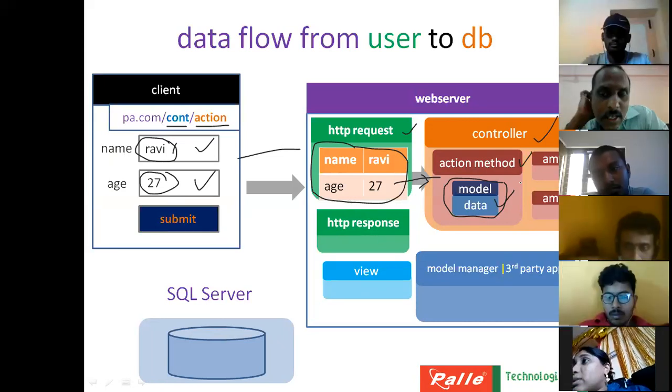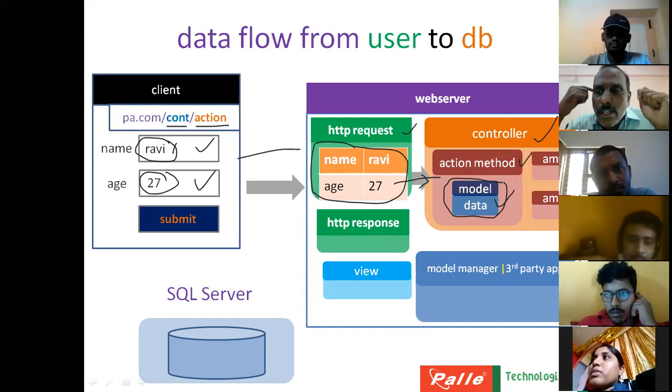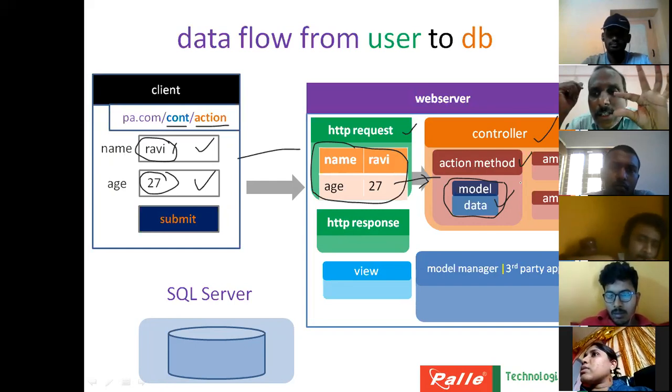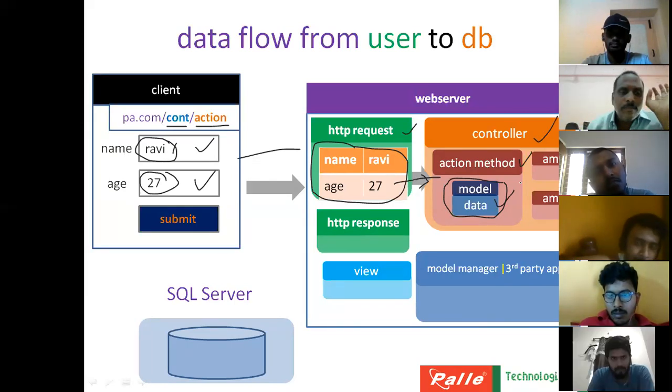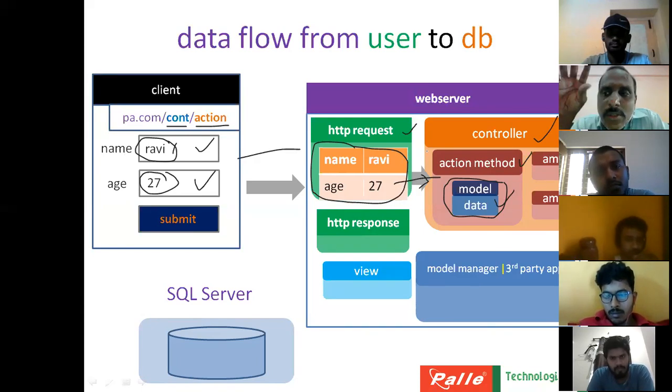The difference is, in ASP.NET applications, if you want to read the data present in a text box, how will you read it? Let us say there is a text box with the ID TB name. Control ID dot text. Correct or not correct? TB name dot text. Yes or no? Yes, TB name dot text you will be typing. But when it comes to MVC, there is no question of directly accessing the control. You cannot write control ID dot text. It is not possible.